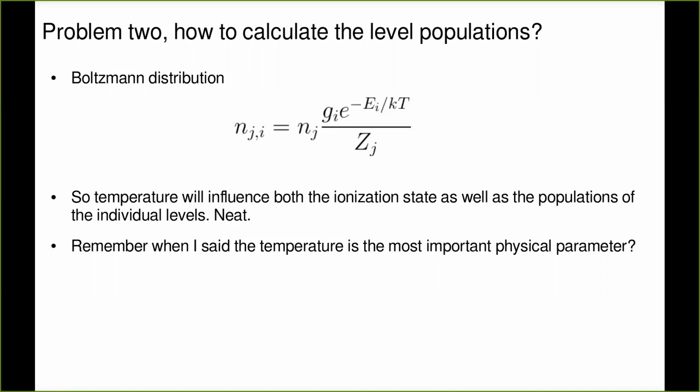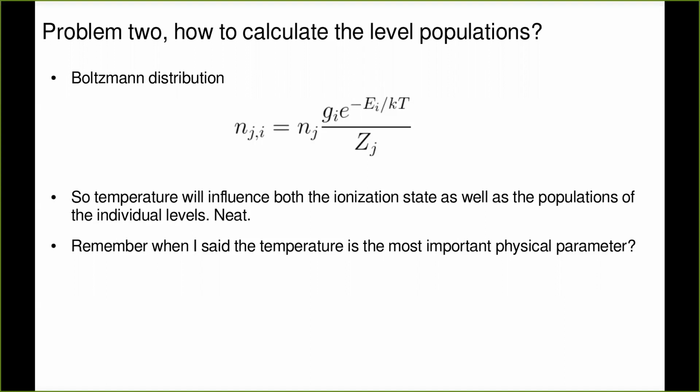Okay, so again, to use this, the g you will get from these databases, the energy as well, k is the Boltzmann constant, temperature is in your model, and partition functions are given by very clever and kind people who calculate these things and publish them so that we can use them later. So what I really want you to remember is that the temperature is the most important quantity because it influences both the ionization and the excitation state in a very nonlinear, which means very dramatic, way. So it influences opacity and emissivity hugely, and the spectra is mostly determined by the temperature.